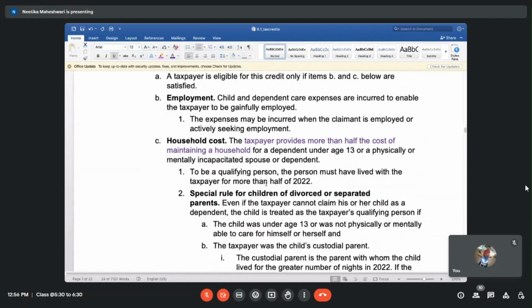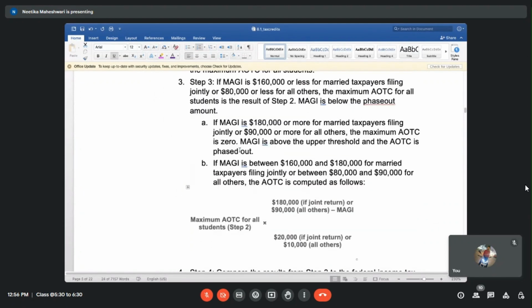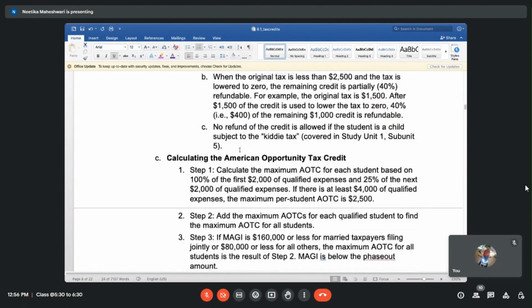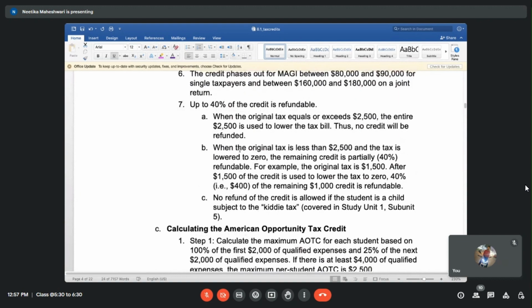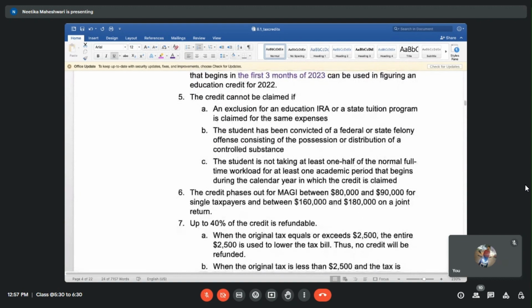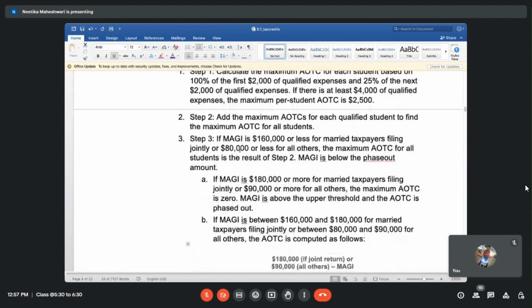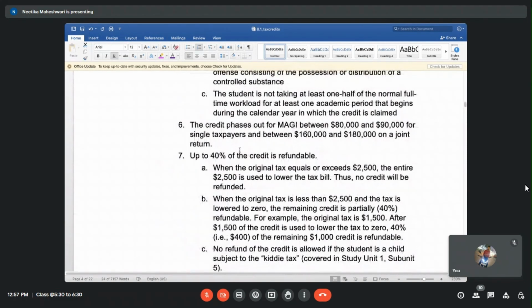So can anyone tell me the difference? What kind of credit is refundable? Yes, ma'am. Child tax credit is not refundable. Then what is refundable? Child and dependent care. Additional child tax credit. Why do you guys keep forgetting? Yes, CTC is not refundable, but we have seen it many times. ACTC is what gives the refund,